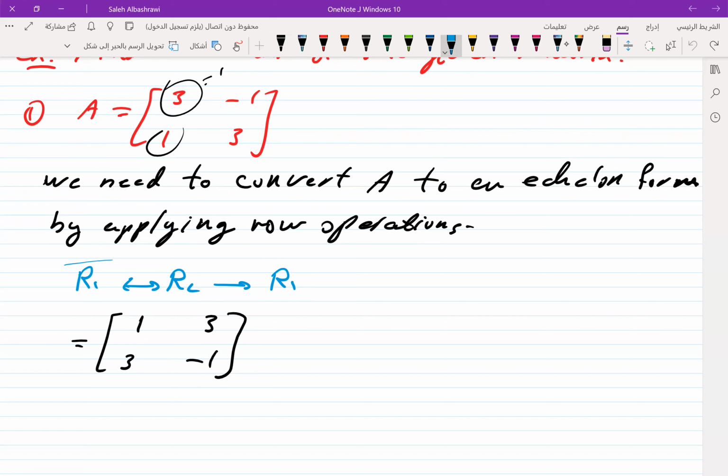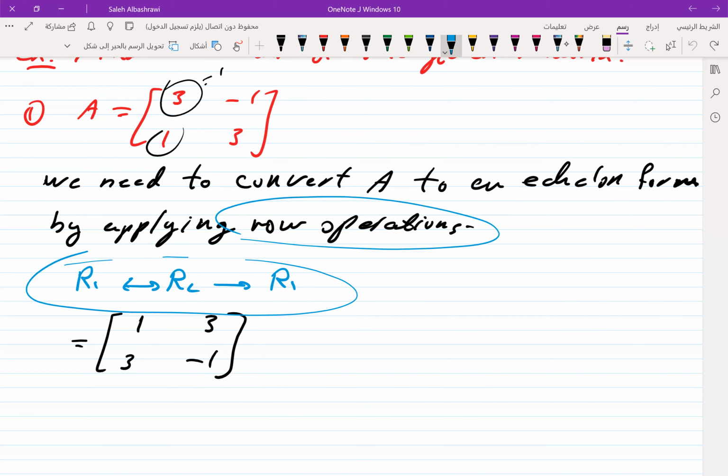Now this operation, we call it row operation. We can swap, we can divide, we can add or subtract 2 rows, or divide by some scalar number. So I can divide by scalar or multiply by scalar number, or I can add 2 rows or subtract 2 rows. All of these, we call them row operations. So the row operation means